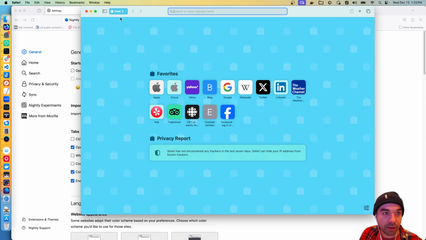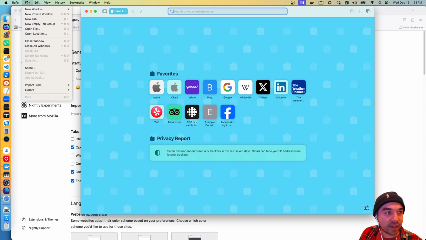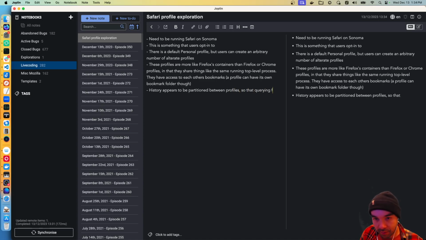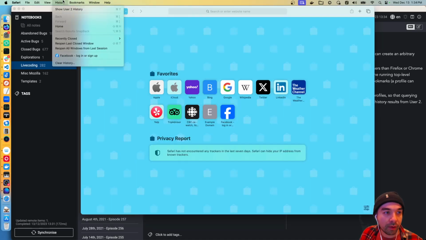What else? Okay, so let's write that down actually. History appears to be partitioned between profiles so that querying from the URL bar, the address bar in user 1 will not show history results from user 2. Now, user